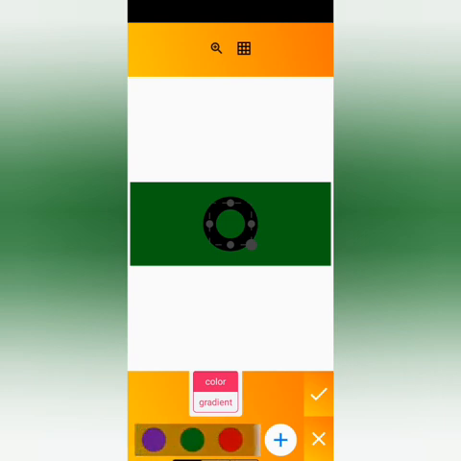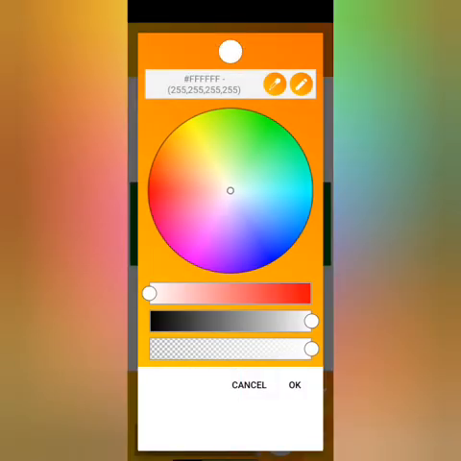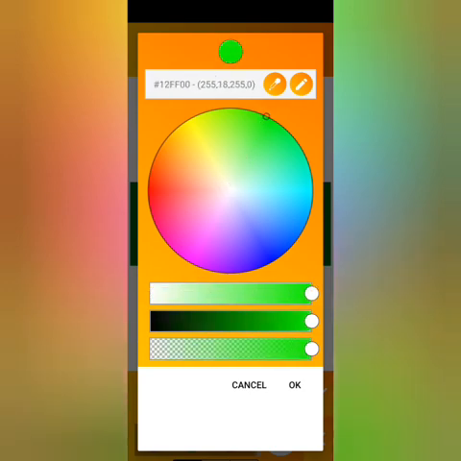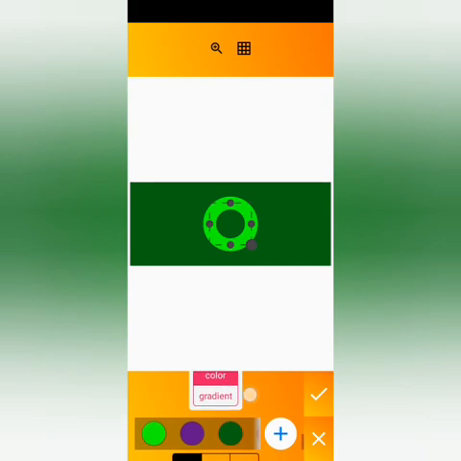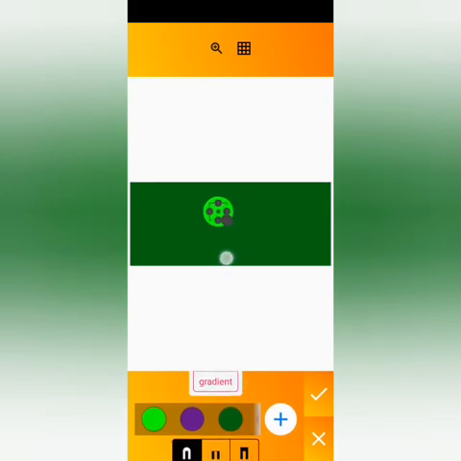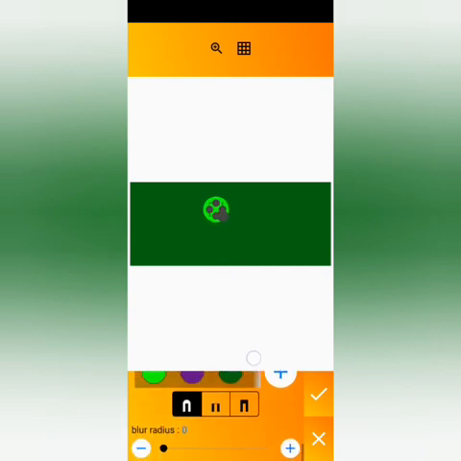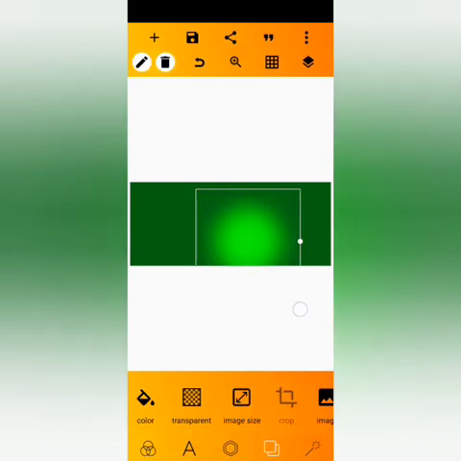You come to this plus icon here and then edit it to be a lighter green. So that is it. And then you reduce the size of the circle so that the dots at the center will not be visible. After that, you scroll down to increase the blur radius totally. You increase the blur radius totally, and then you click on good. So we can now position